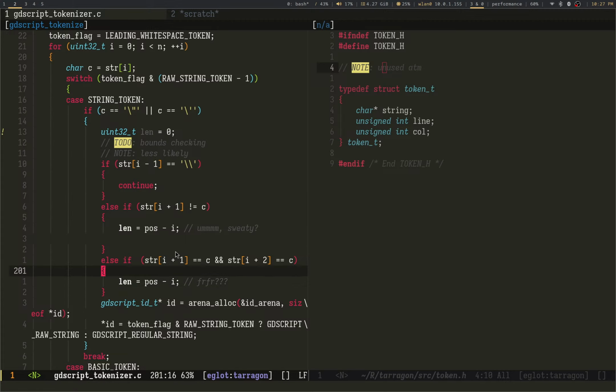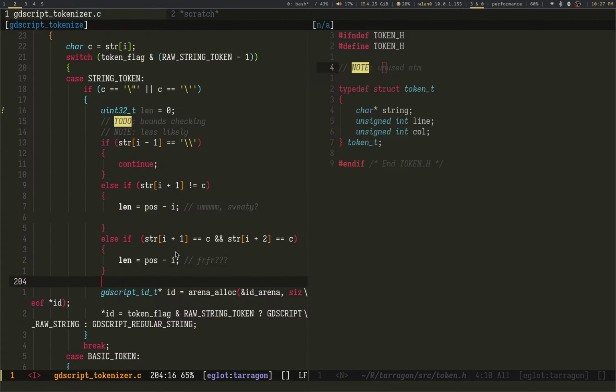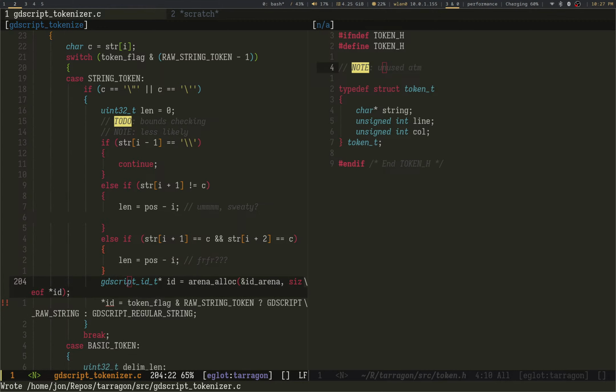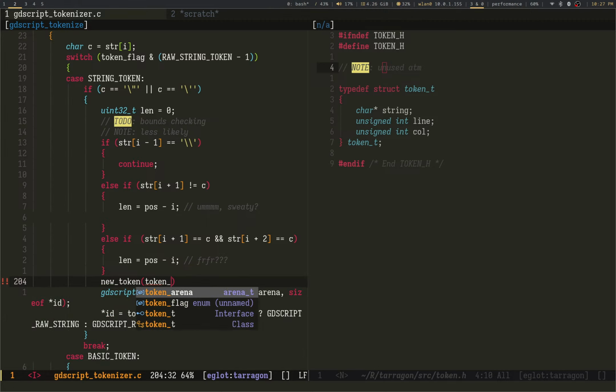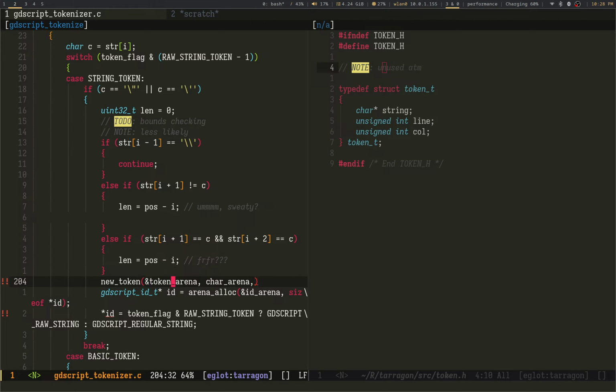Let's say moi. And then finally over here, token T star. Don't care. Make a new token. Token arena. Car arena, which is really a string arena. Whatever.